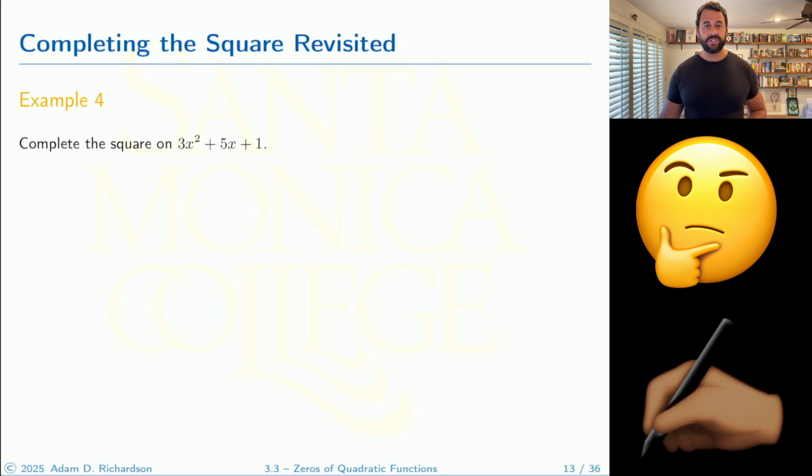Right. And now I want you to try to work it out on your own, but let me give you a little word of caution. The calculations may get a little bit messy because there are fractions involved, but don't fret, okay? Don't let that overwhelm you. Remember, just take a deep breath